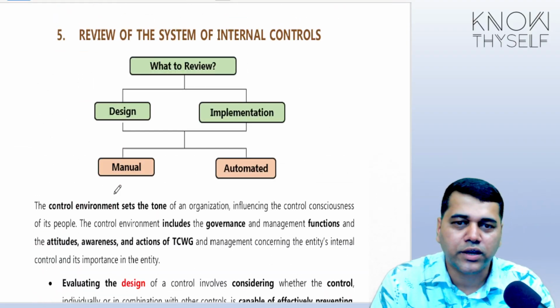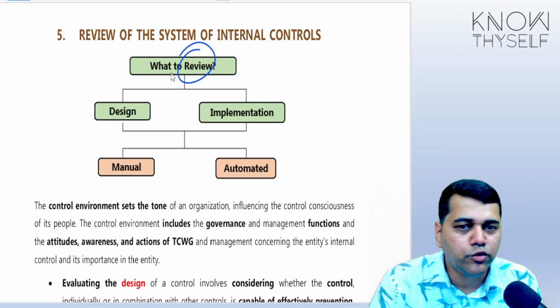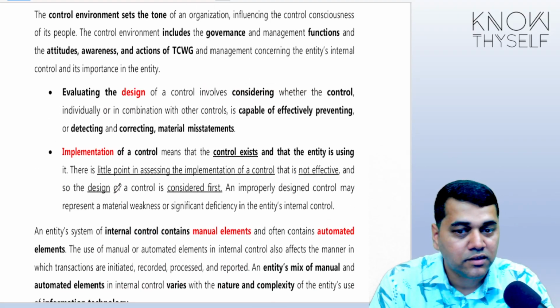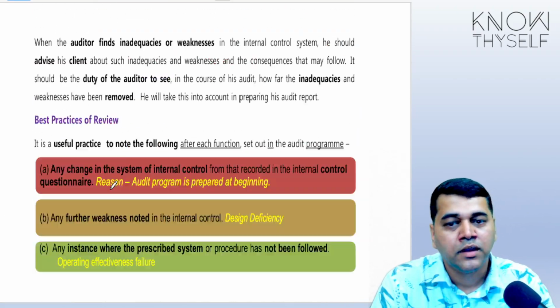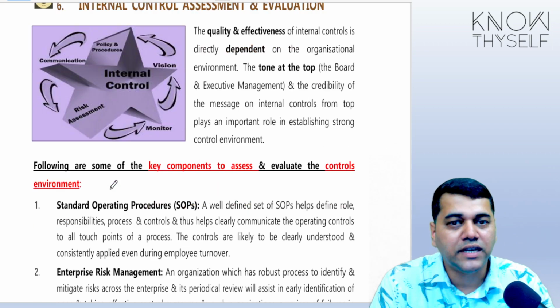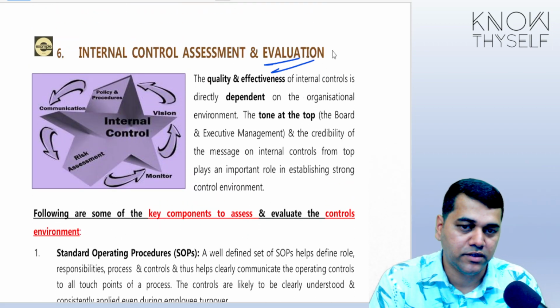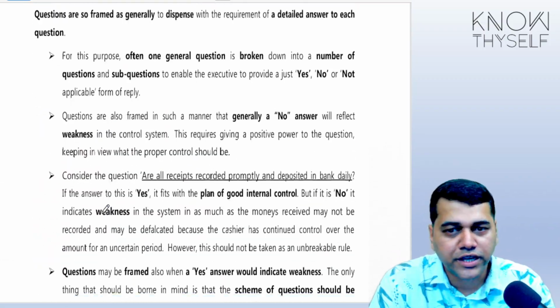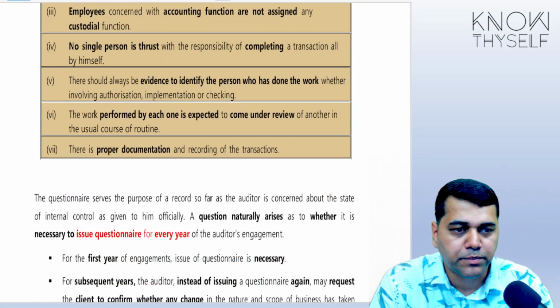So we will move. Okay, this is one small change I made. Review includes your design and implementation only. One small change, you can also make a change, because effectiveness comes only at the assessment and evaluation level. Okay. Then we communicated all the flow chart, everything we prepared.